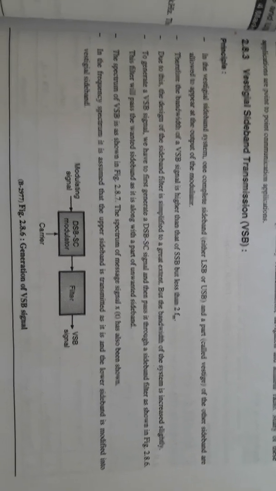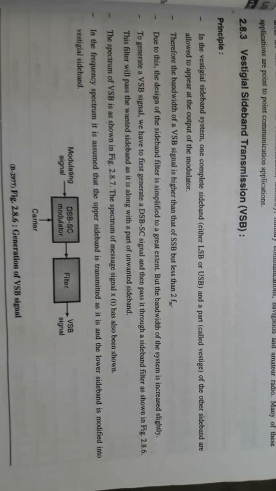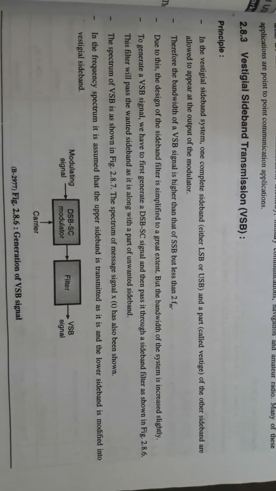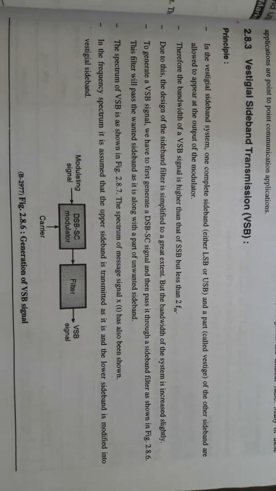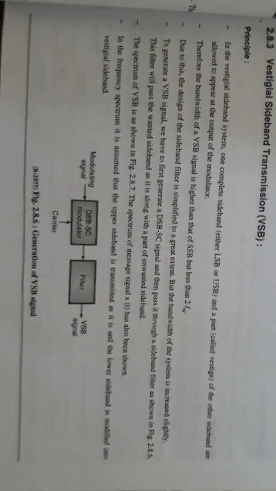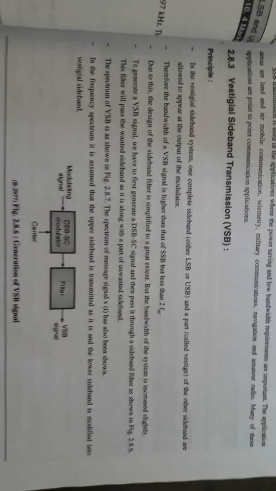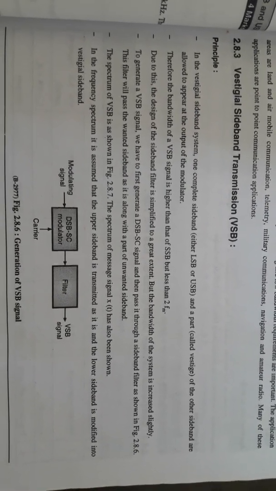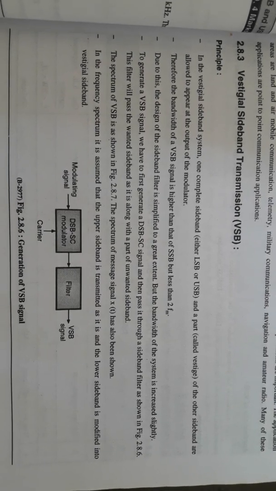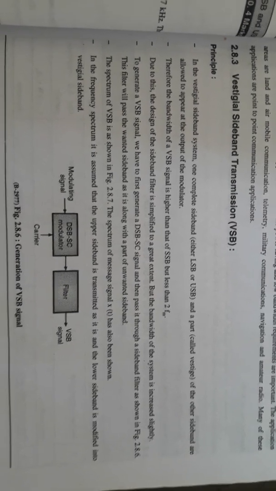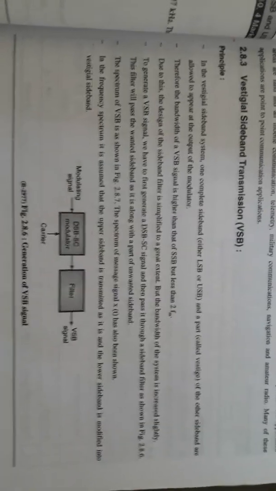In the block diagram mentioned below, what we observe is that the modulating signal is first applied to the DSB SC modulator. So the carrier gets suppressed and double sidebands are created. The output of the DSB SC modulator is the double sideband suppressed carrier amplitude modulated signal. Now, in the filtering technique, we want to send one full sideband, either LSB or USB, and filter the vestige of the other sideband. The output of the filter is the vestigial sideband signal.